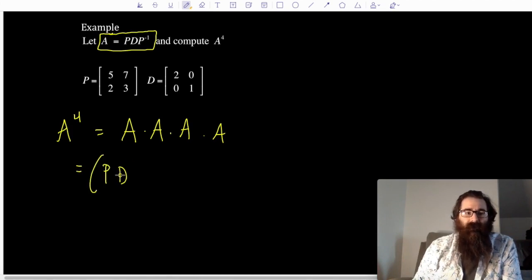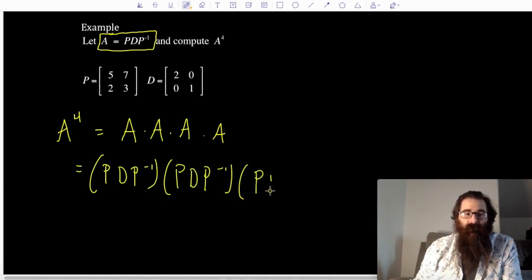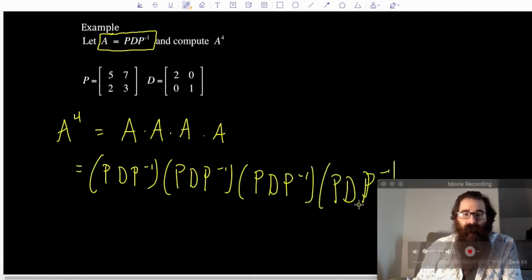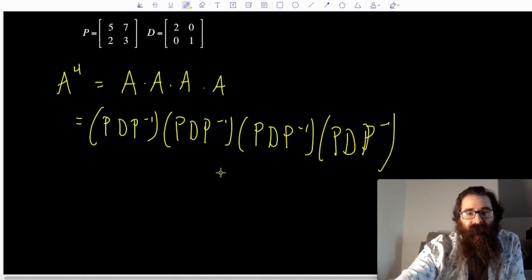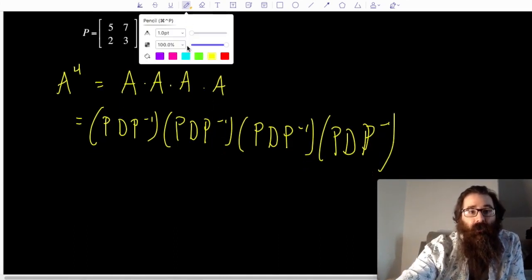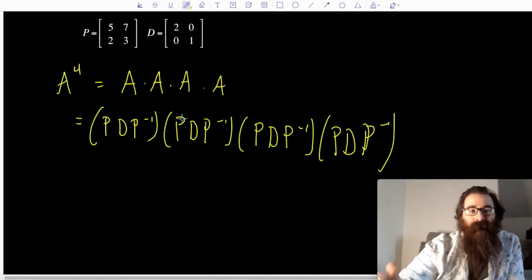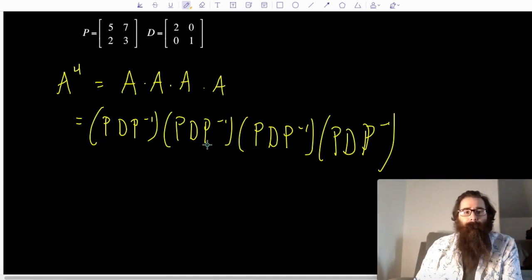So A is P times D times P inverse times P times D times P inverse times P times D times P inverse times again P times D times P inverse. All right, and that's how A to the fourth looks. But I want you to notice something very important here, is that when I'm multiplying these together, I have P